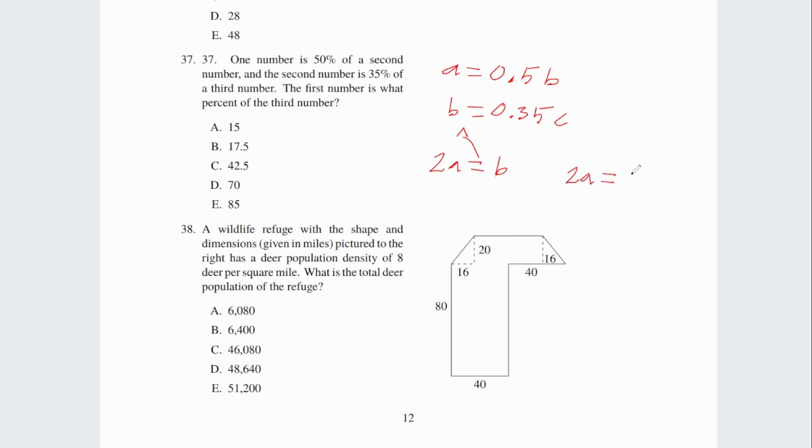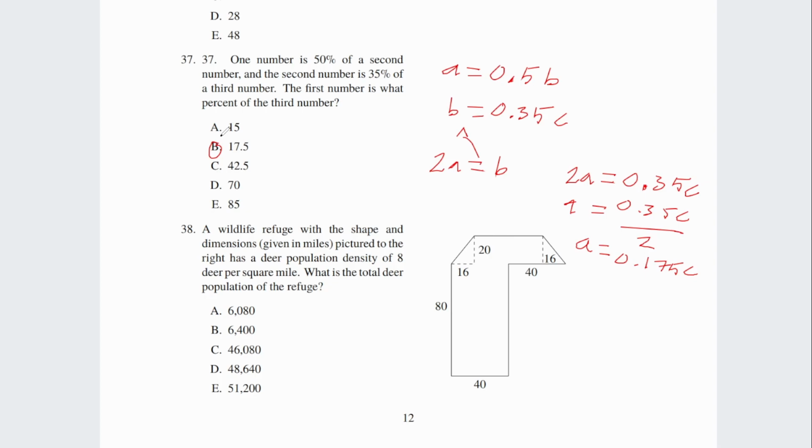2a equals 0.35c. Which means that, and we need to find the first number is what percent of the third number. So we need to say A equals 0.35C over 2, or A equals 0.175C. And the answer is